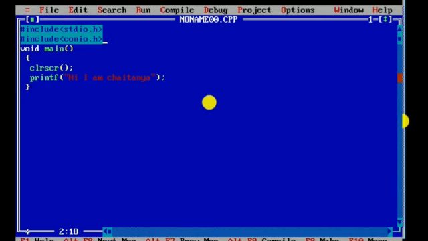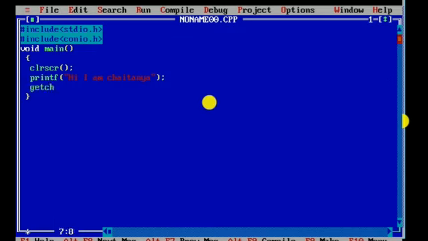Now I want to explain one thing. Up till now we use three steps to see the output: Alt F9, Control F9 and Alt F5. But we can skip the last step, Alt F5. We can see the output directly by using Control F9 only. So how to do that? Now I explain by using the getch function, we can avoid the last step of the execution process.